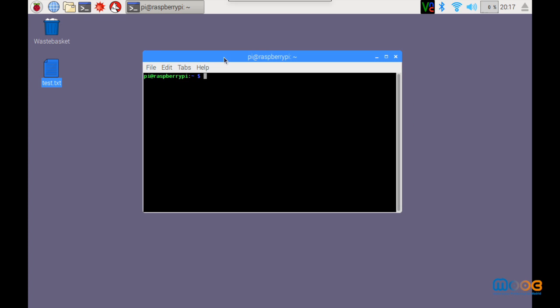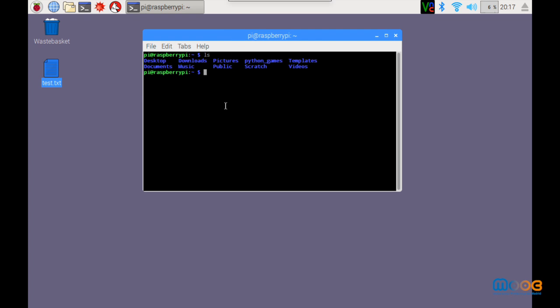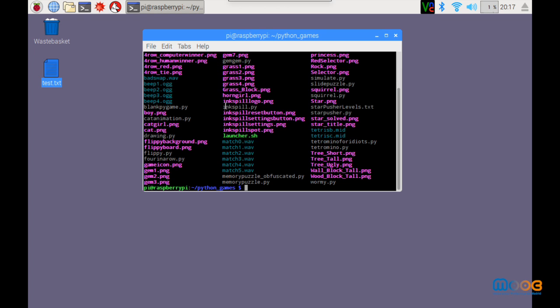To execute files, sometimes it is important to specify the path. For example, we can list the directories that we have in our home directory. We can move to Python games, for example, to play a little bit. We can check what we have here.